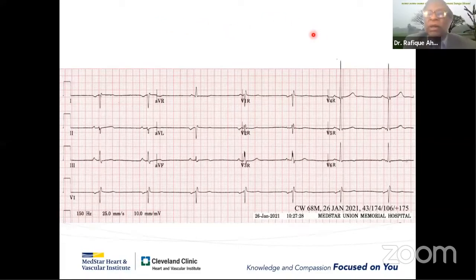No, let's forget about this. Let's say you want to compare the lateral leads, right? If you want to do that, then you will have to swap the limb leads. In this particular patient, if this patient was coming with a lateral MI, and I want to see ST elevation in lead 1 and AVL, we will have to swap the right arm and left arm leads, no question about it.